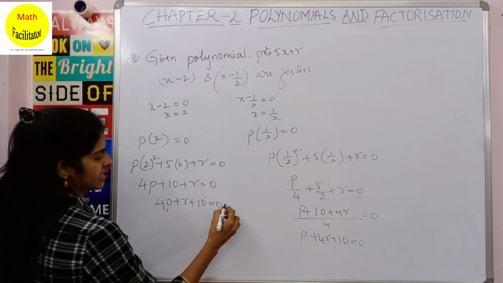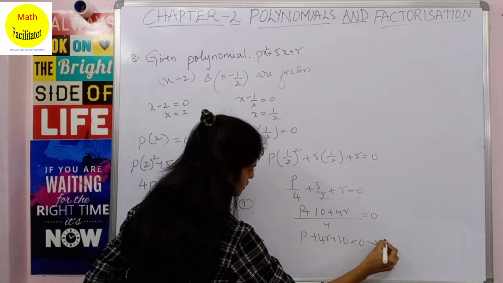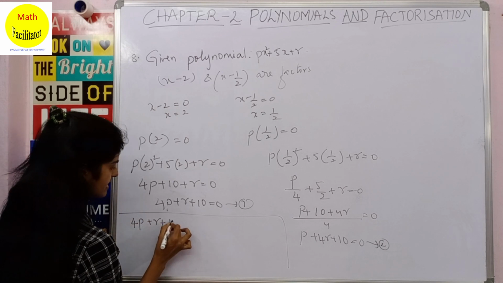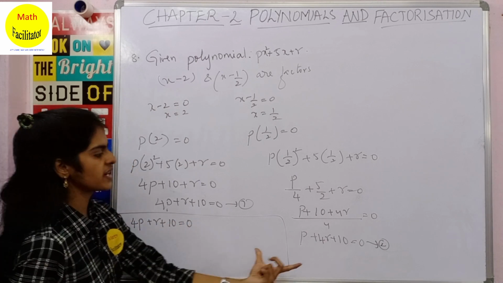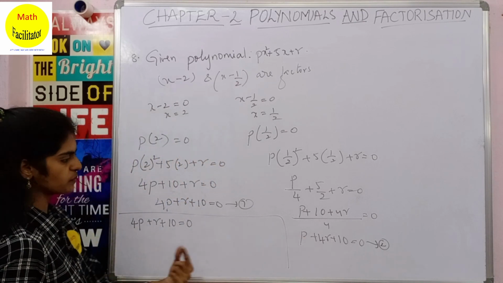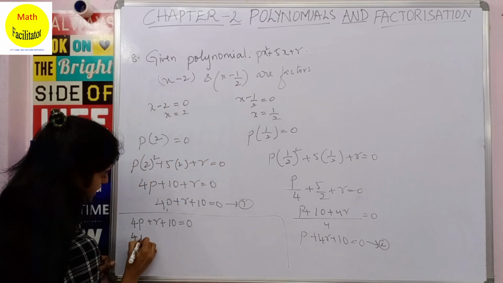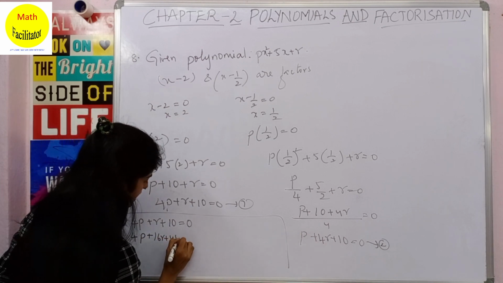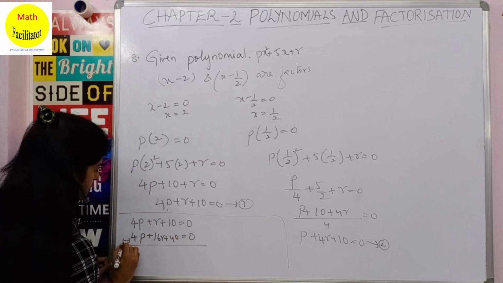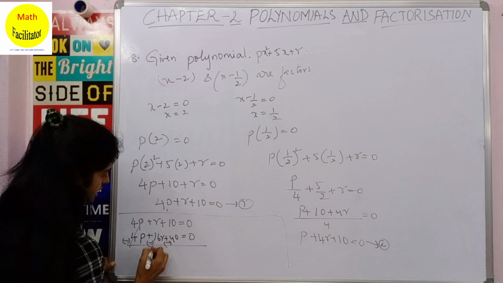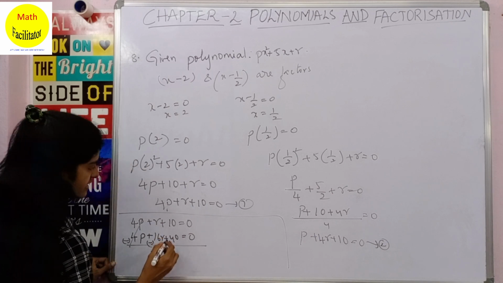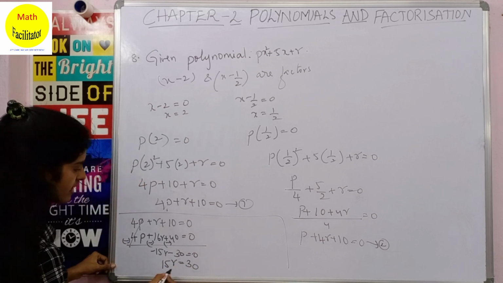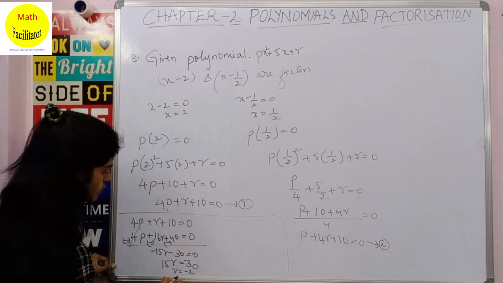Now let us solve it. So this is equation 1, this is equation 2. So solving, what do you get? So 4p plus r plus 10 is 0. Okay, now multiply equation 2 with 4. Why? You have 4p here, so let us multiply it with 4. So it is 4p plus 4 into 4 is 16r plus 40 equal to 0. Okay, so 4p gets cancelled, so it is minus minus, so this is minus 15r minus 30 is 0. Okay, so 15r is 30. Okay, so r is minus 2. Clear?